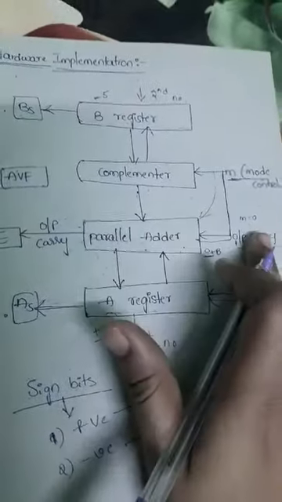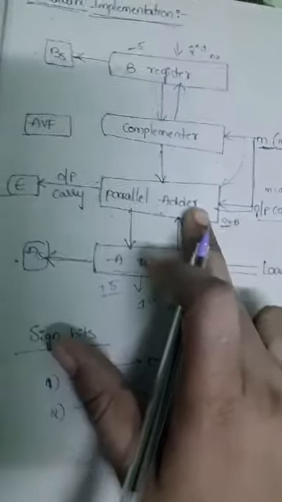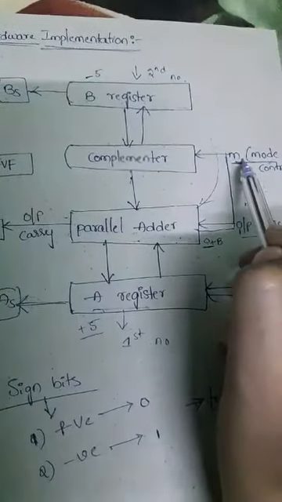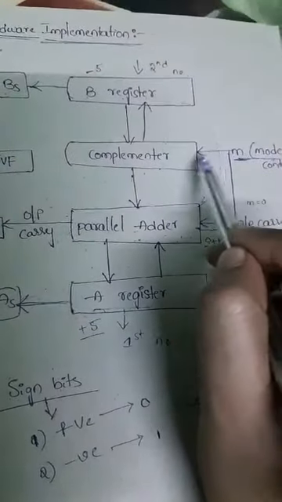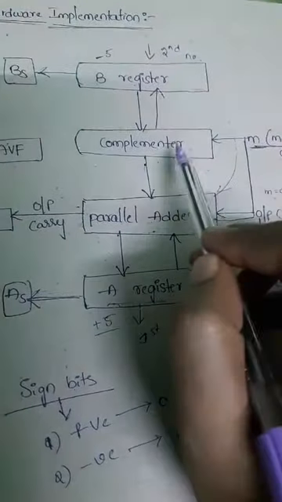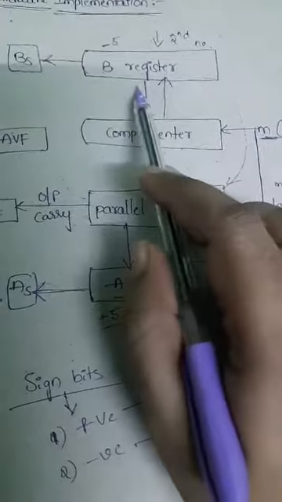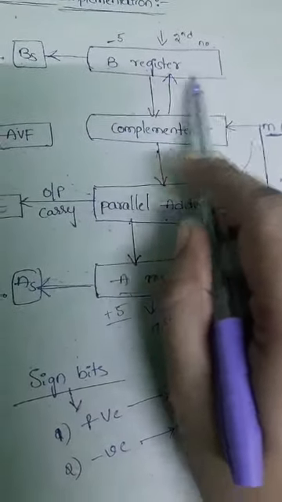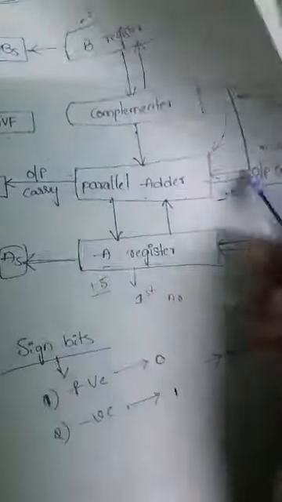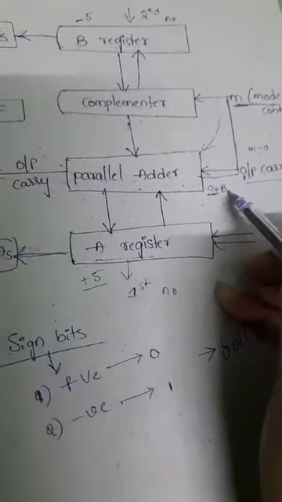So in the parallel adder we have two things here. First, M is equal to 0, which is given as the input carry to the parallel adder. And the second, if M is equal to 0, the complementer is also connected to the mode pin, right? So automatically the mode pin is equal to 0 now. So the complementer will activate, and whatever the B register consists of will be transferred to the parallel adder. So now the parallel adder has two pieces of information, that is 0 plus B.